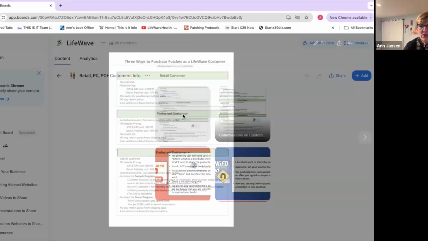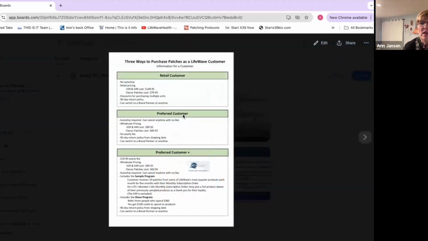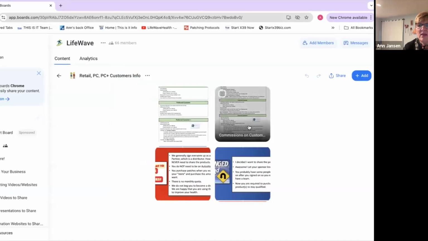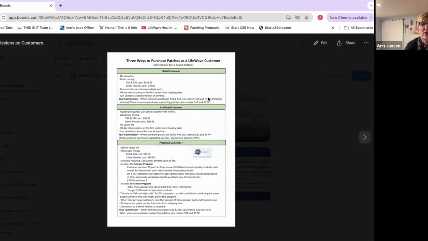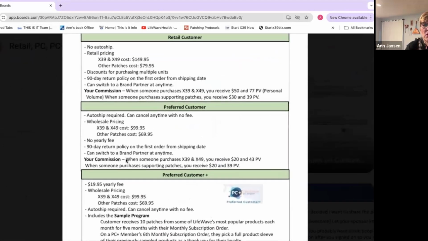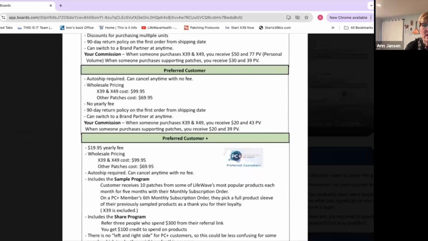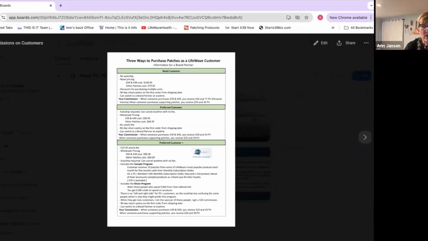So I made these two documents because, personally, I make a lot of these documents for me to keep things straight. So the different customers: retail customer, preferred customer, and preferred customer plus. Now, notice that this is information for the customer that you would send. And then this one is for the brand partner, the exact same information, plus it says how much commission you're going to add. So you might want to look at that someday if you too are not quite familiar with